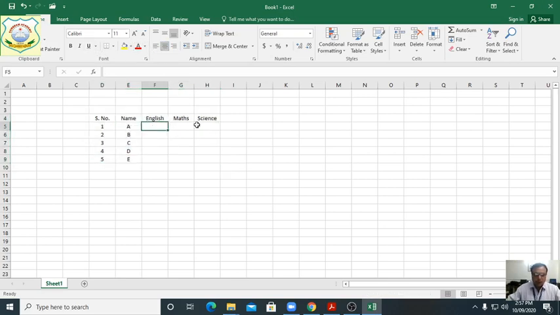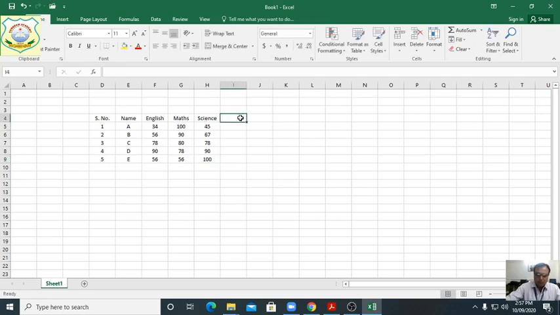Now marks we have given: 34, 56, 78, 90, 56 in English. In math we have given, suppose, 100 marks, 90 marks, 80, 78 and 56. In science, 45, 67, 78, 90, then 100. This way we have given the marks.